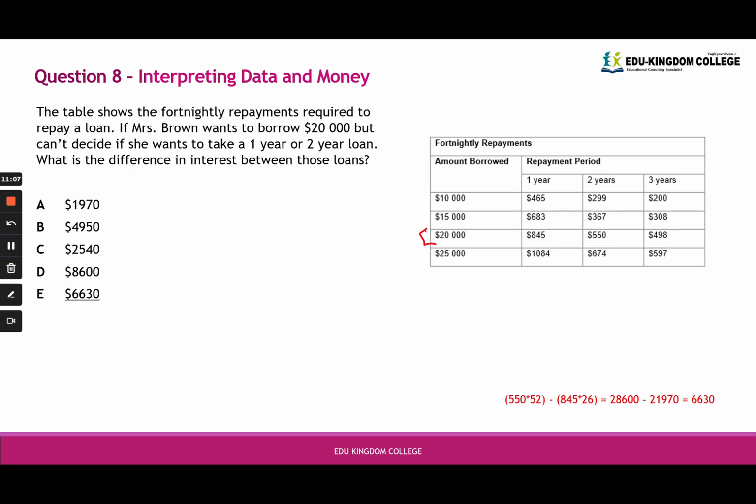$20,000 section, okay, and so for the 1 year we see that it's $845, and 2 years it is $550 per fortnight, right? So what we do, we just do 550, okay, multiply that by 52, and we take away 845 multiplied by 26, right? And that will give us 28,600 minus 21,970, right? And so that equals to